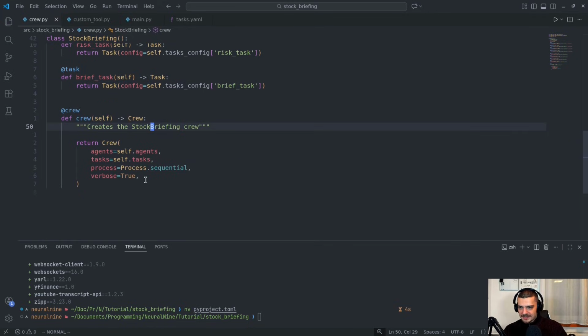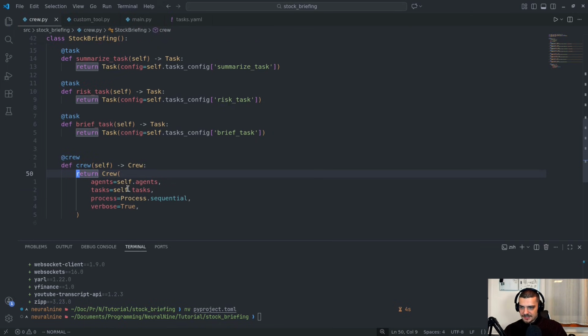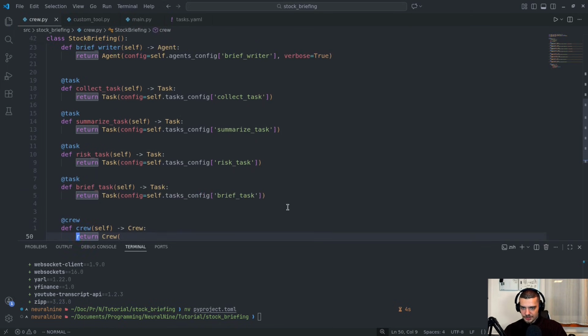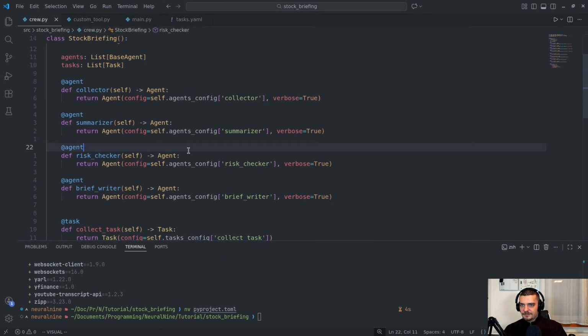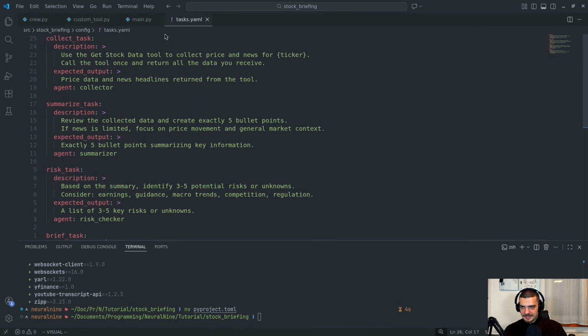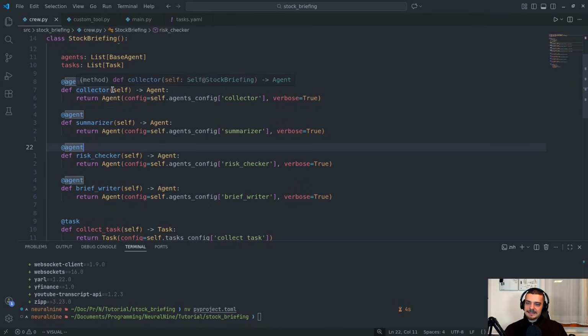We can keep the crew as it was. We can also remove the docstring here. But basically we have the crew. It consists of all the agents and all the tasks which are defined up here, which in turn are also defined in these YAML files. And that's basically it. The only thing we now need to do to actually use this is we need to